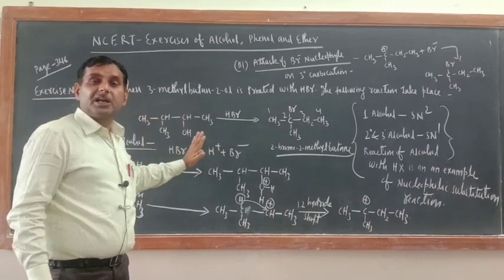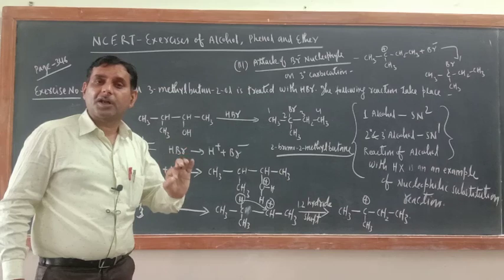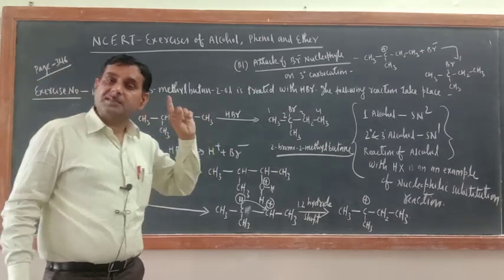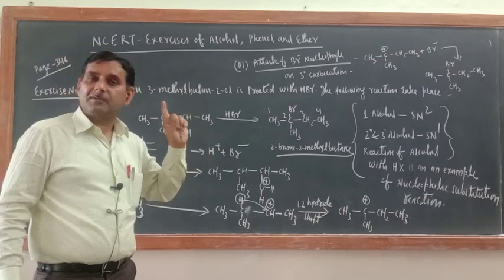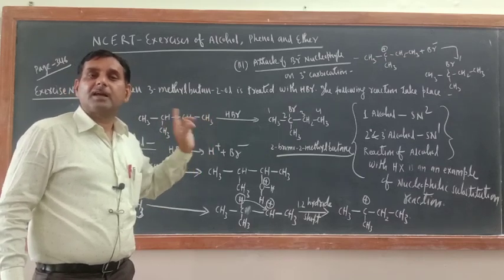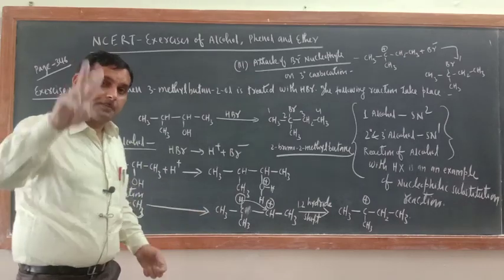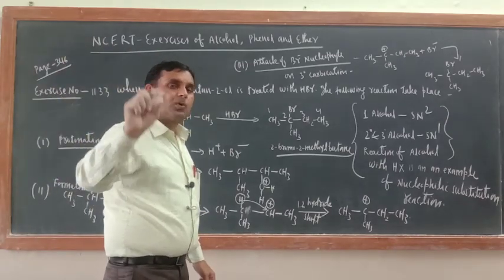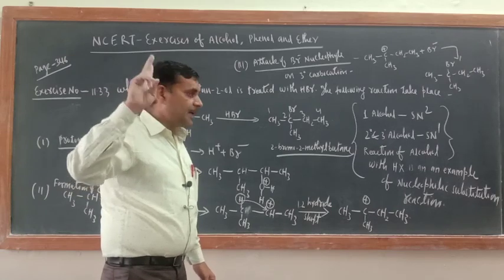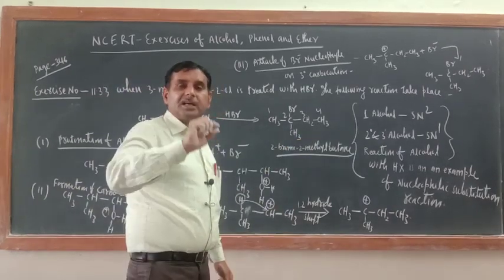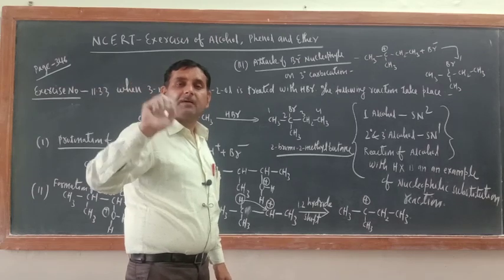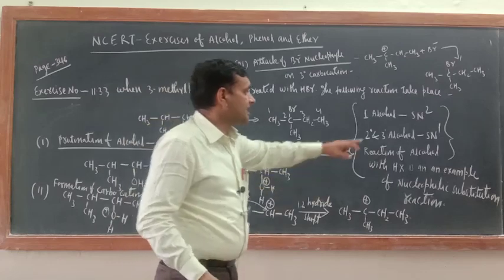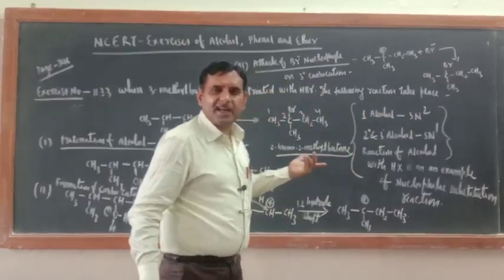Now nowhere in the NCERT book of organic chemistry have 1,2 hydride shift and 1,2 methyl shift been given. But since the beginning, when I taught you the mechanism of SN1 and SN2, I taught you that. Even in the difference between SN1 and SN2, I told you that in the SN1 mechanism there is a possibility of 1,2 hydride shift and 1,2 methyl shift. The same possibility is not there in SN2 because carbocation is not formed.